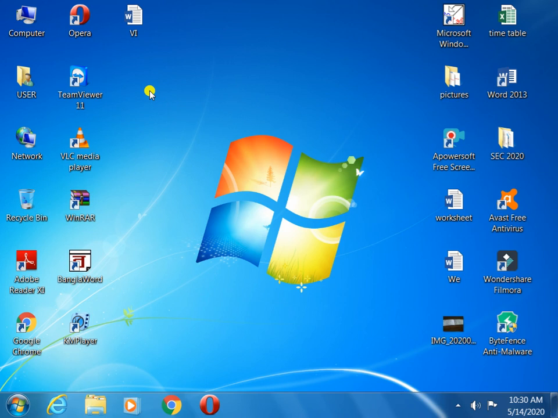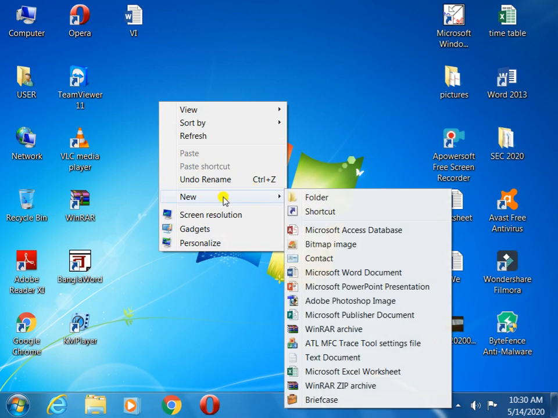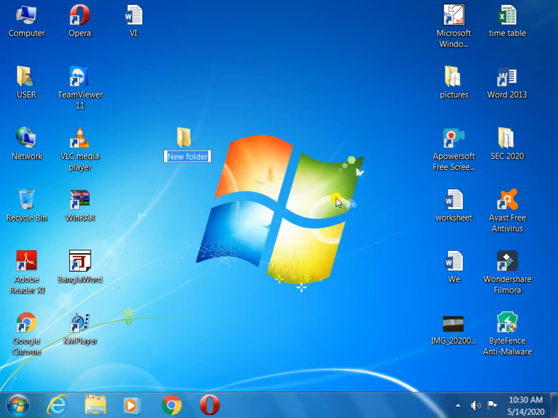Okay. Now I am creating one folder on the desktop. I right click, new folder. You know how to make the folder. Suppose this folder name is 6.